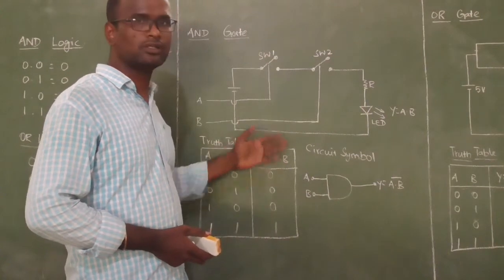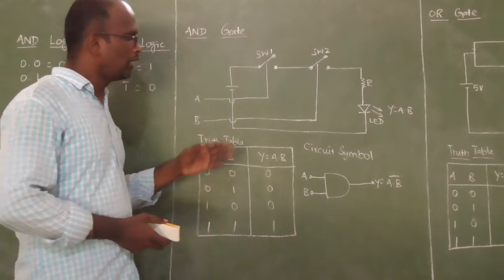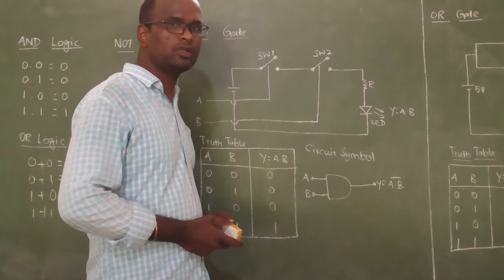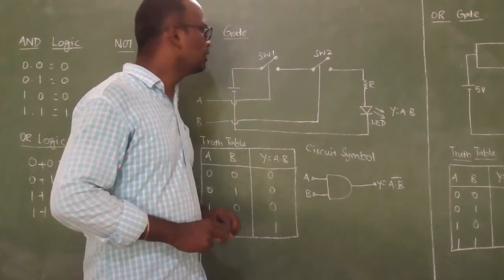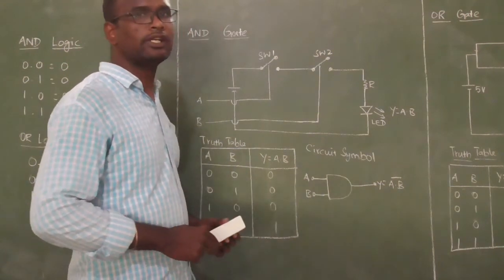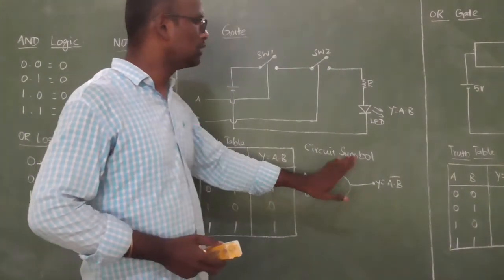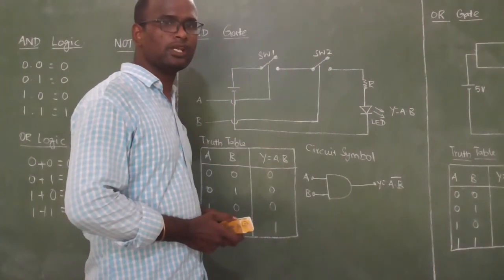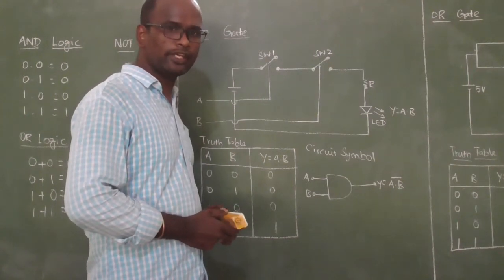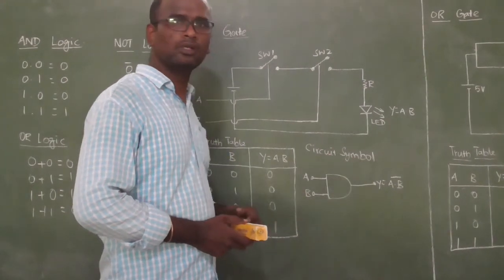Let us see the picture of a two-input AND gate. A gate is a device, a circuit, which has a number of inputs and produces a single output according to the logical operations. So the gate will perform the logical operations proposed by Boolean algebra. It takes n number of inputs and produces a single output.